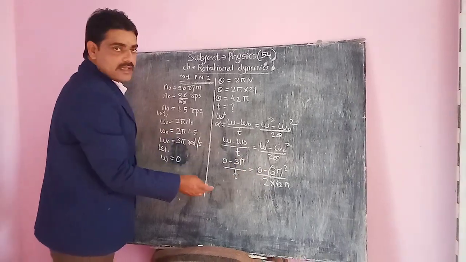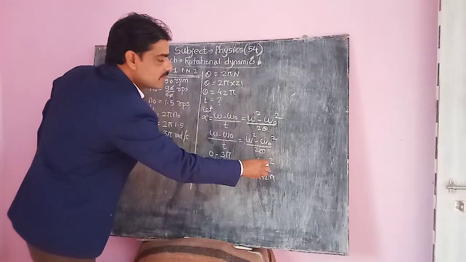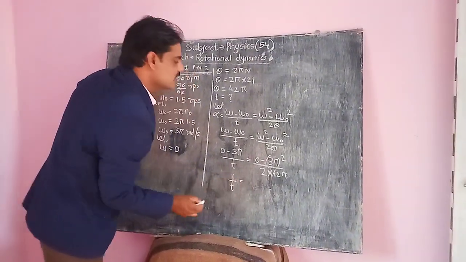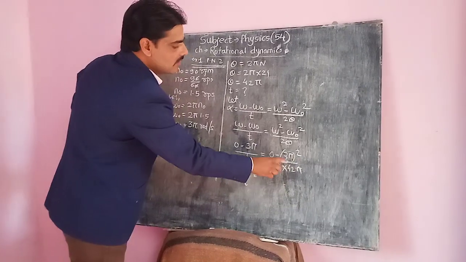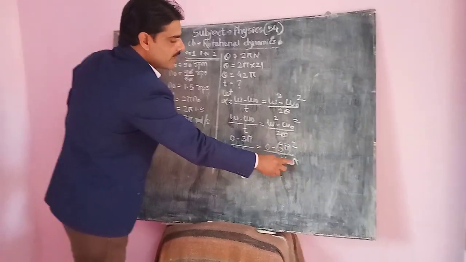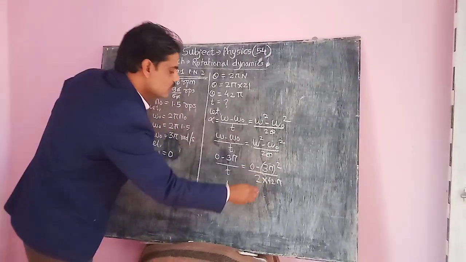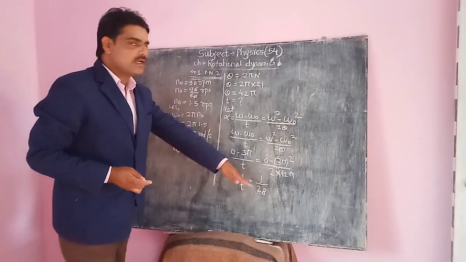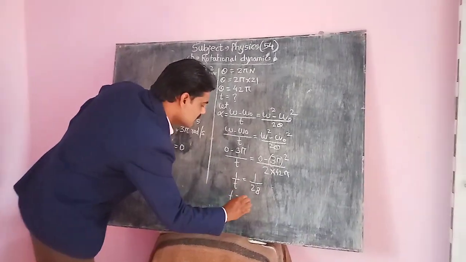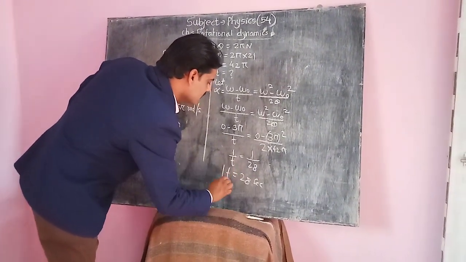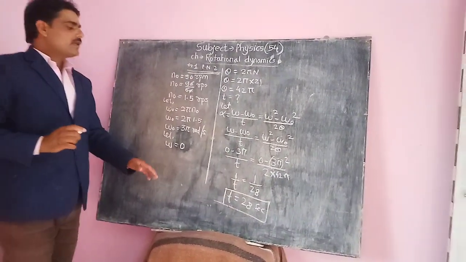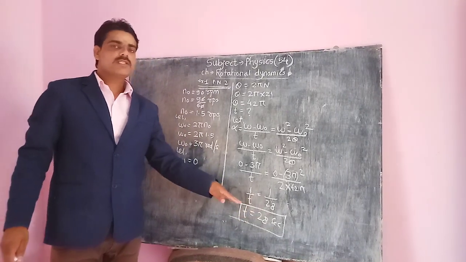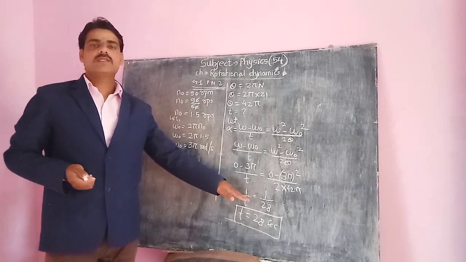This minus gets cancelled. Here 3 pi, here 3 pi square, one 3 pi cancels. So that 1 by t is equal to, here 3 pi remains, upon 2 into 42 pi, pi gets cancelled. You get 1 by 28. 1 upon t is equal to 1 upon 28. That is t is equal to 28 seconds. So the time taken by the fan to stop is 28 seconds. म्हणजेच त्या फॅनला स्टॉप होण्यासाठी 28 सेकंद लागले.